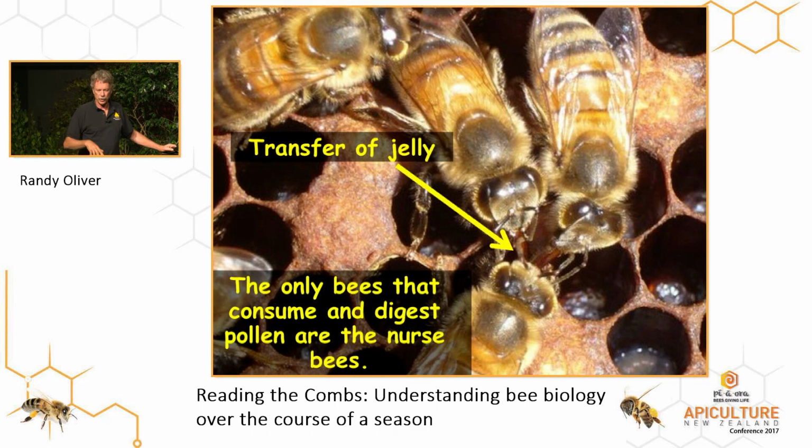Pollen just goes right through their guts undigested. They need to beg a meal of jelly from the nurse bees, and nurse bees give them just enough jelly for them to get that protein input. The queen bee lives on a diet of jelly. It's the perfect food for a bee. Her feces look like water. It's just digested perfectly. And the jelly goes to the larva also.